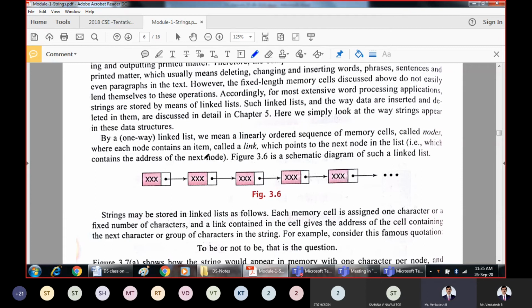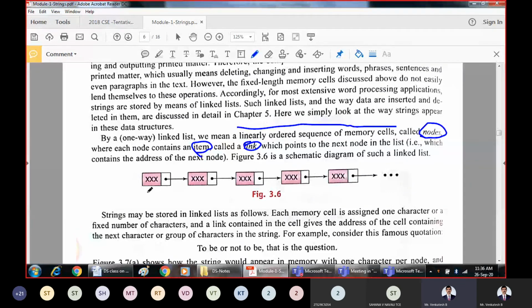They are represented in the form of nodes. A linked list is a linearly ordered sequence of memory cells, some collection of memory cells called nodes, where every node is going to contain the actual data and then the link to the data. Link means pointer to the next node, or pointer to the next data. So that is what a link is.